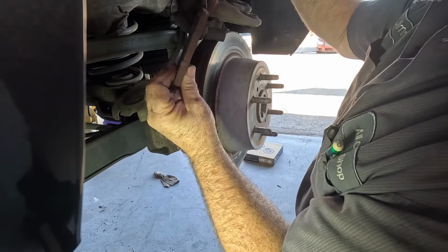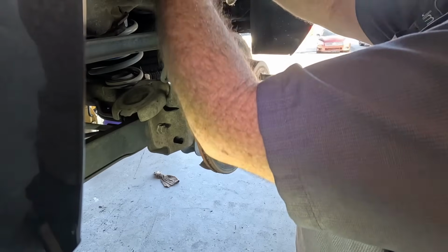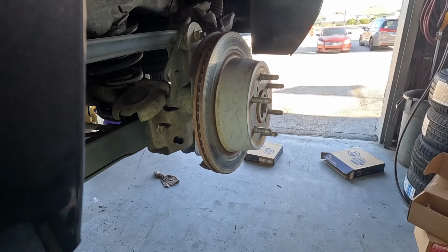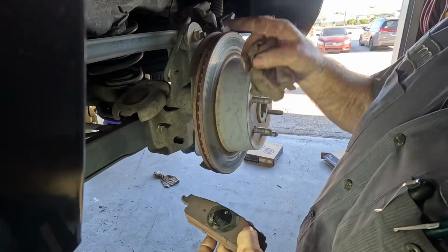It's got pretty uneven pad wear too, from left to right or inner to outer. And these calipers are troublesome, so we told the customer we could probably do it without them and see if you have a problem down the road. Sometimes